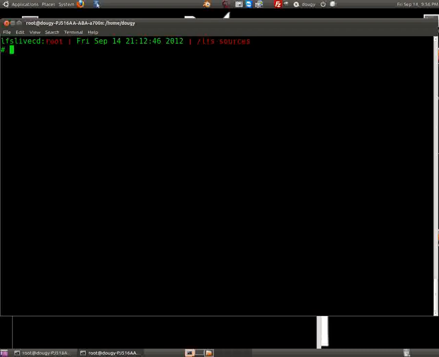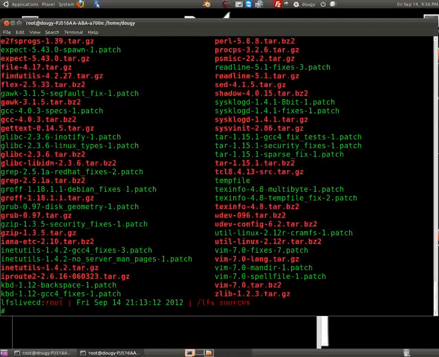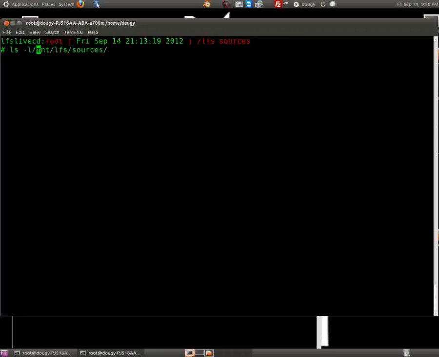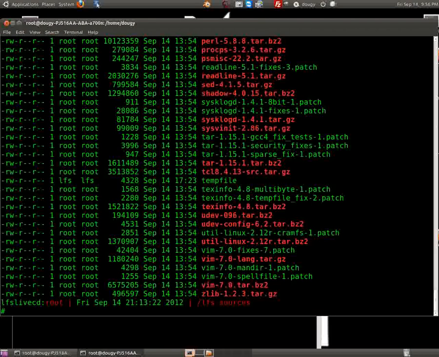I'm not sure if we do. We can check that out though. We can say ls mount LFS sources. That's all the files. We can say ls -l. Actually, let me clear the screen. Say ls -l, all these in here, and we can pipe that through grep, and we'll say grep patch dash